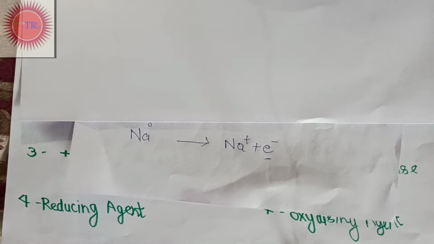Okay, so electrons always carry negativity. If electrons are removed, then positivity will be increased. If electrons are gained by any element, then the negative charge will be increased, not negativity. Negativity has another meaning. You simply have to understand electrons are like a negative person. Where they go, the negative charge will be increased. If they are removed, the positive charge will be increased.